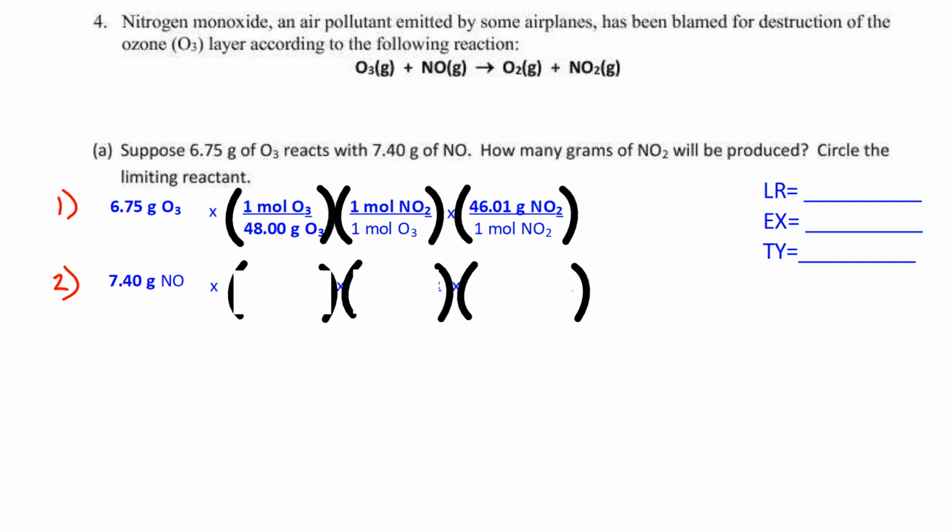For the second one, we're starting off at nitrogen monoxide, and we're trying to get to NO2. So I set it up 1 mole of NO divided by 30.01 grams of NO, which is the molar mass. It's a 1 to 1 relationship because the equation was balanced, all coefficients of 1. And then 46.01. Now, so when we solve this,